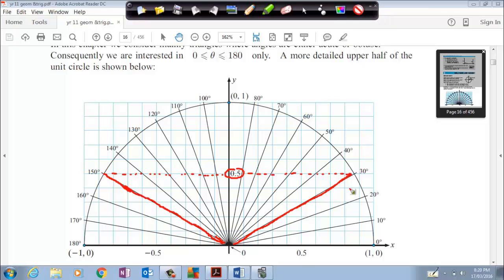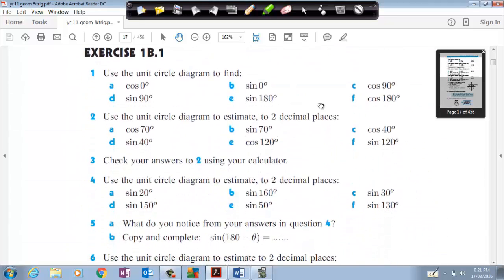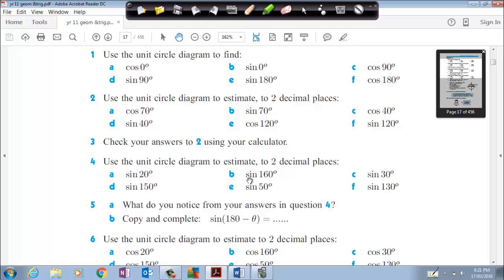And you can do it with the other pairs as well. Like for example, if you had 50 and 130, here is 50 degrees, here is the 130 degrees. Both are adding up to 180, and you can see both have the same y coordinate, so they both have the same sine value. So if we come back and look at question 4, you can see that sine 20, sine 160 will be the same, sine 30, sine 150 will be the same, sine 50, sine 130 would be the same. So if we put that as a general rule in question 5, when it says what do you notice about your answers in question 4, you can say that they're the same, providing the two angles add to 180,